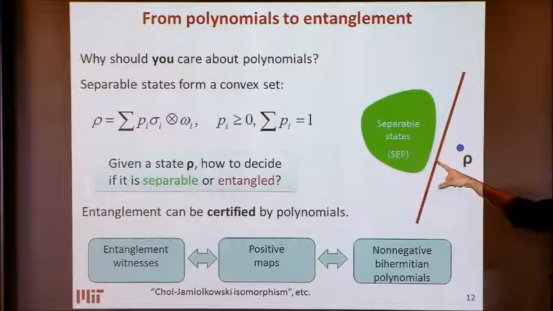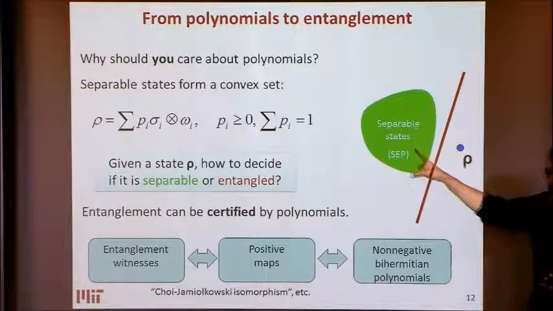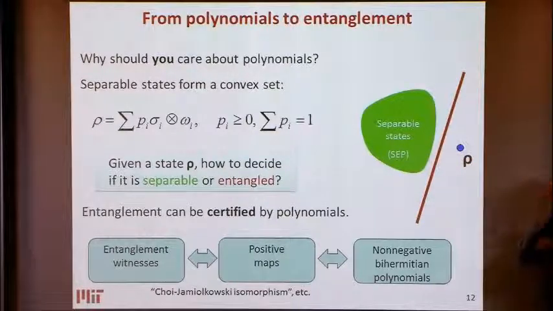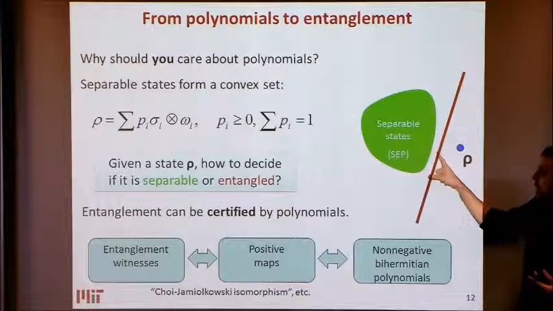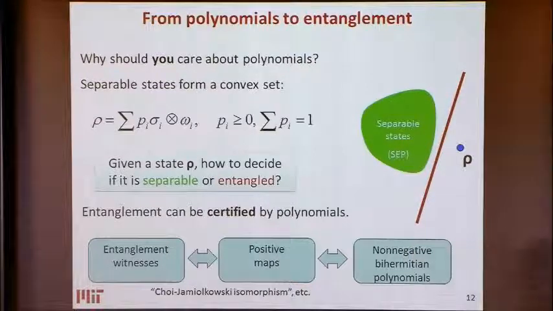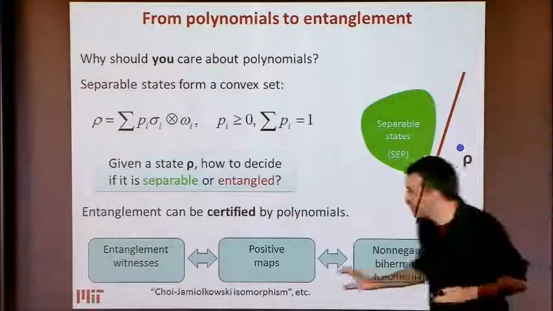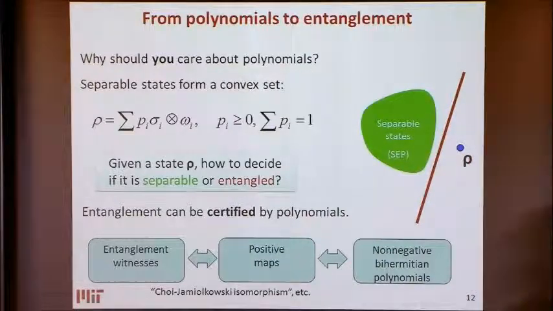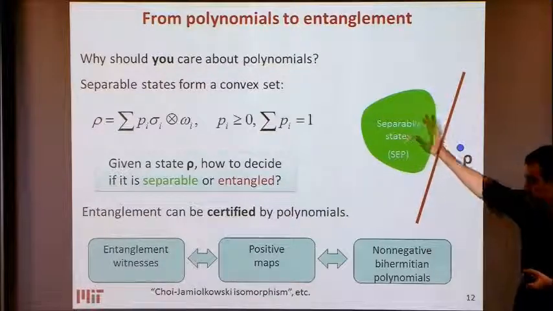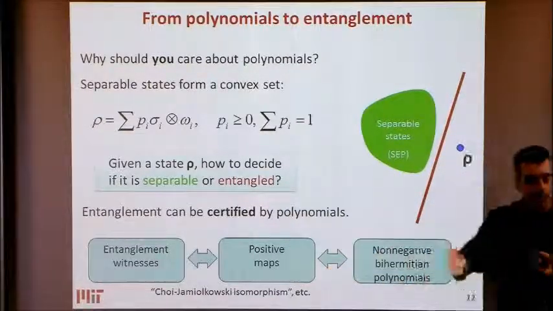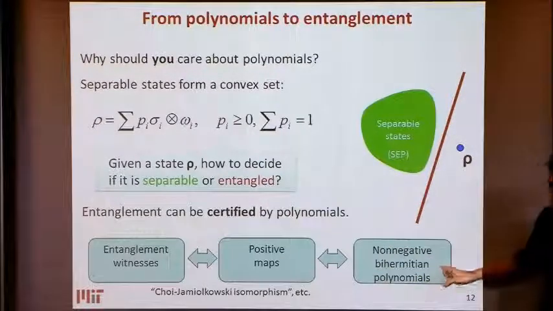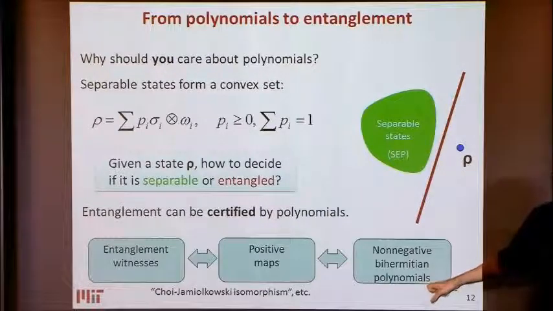What's the difficult part in here? The difficult part is, given this subspace, to actually check that this set is on that side. This part is easy, right? I mean, if I have a subspace, verifying that on one side is easy. The difficult part in here is to verify that this set is completely contained in the half space defined by this. Right? And it's kind of well known, again, many of you know a lot better than me, that there's a perfect identification between these kind of separating hyperplanes that leave the separable states on one side with something called positive maps, essentially maps that will map positive semidefinite matrices into positive semidefinite matrices. And I'll tell you why that's essentially equivalent to looking at non-negative polynomials of a certain type.